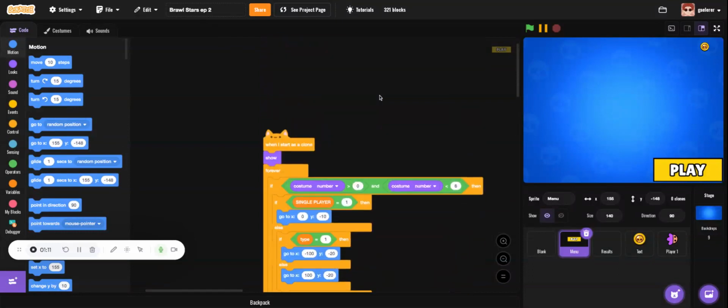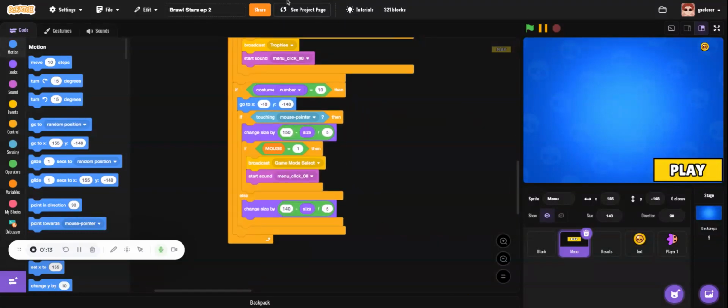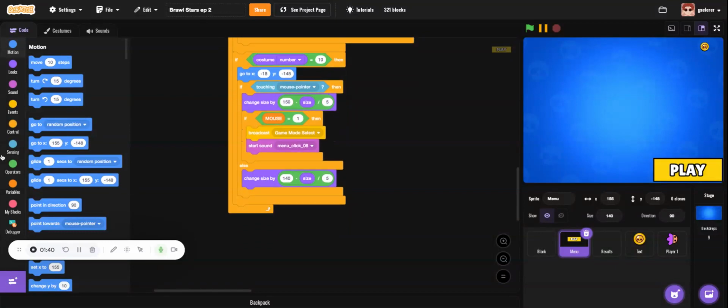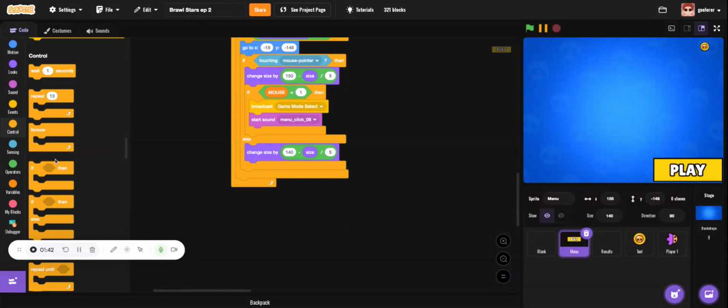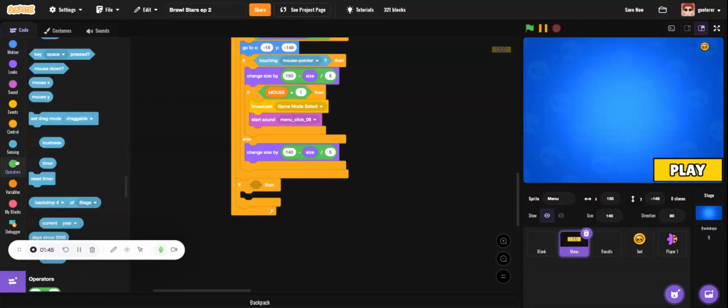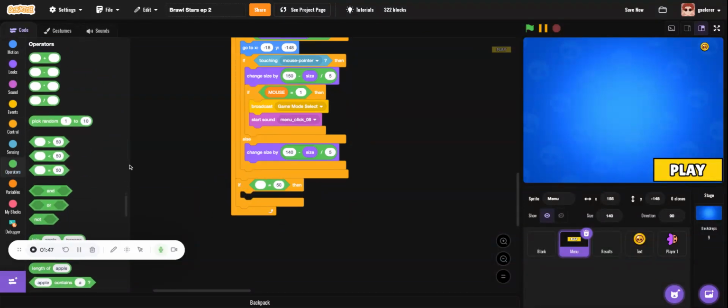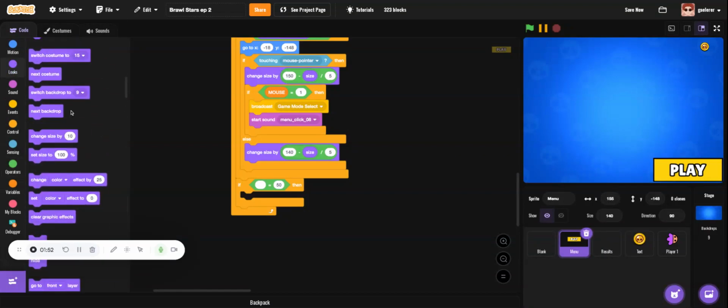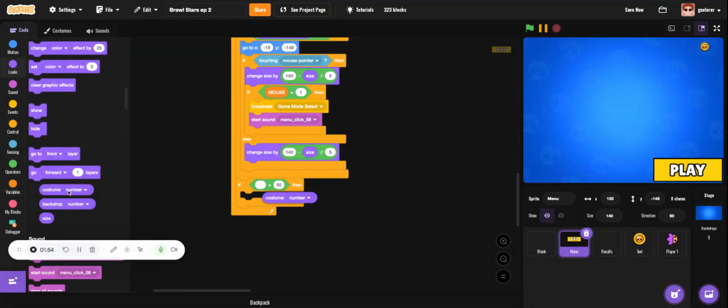now go to the winner status icon and if costume number is equal to 8,